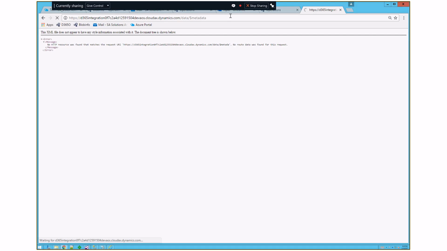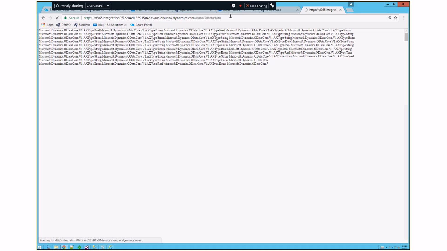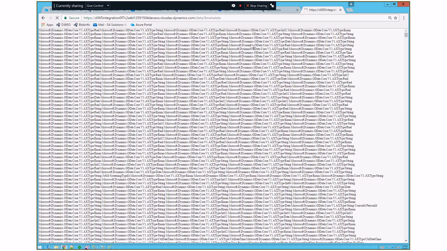I misspelled it, my bad. Let's try again. Just gonna take a couple of seconds to load this completely. It's still loading here. So as you can see, the data that it's gonna collect is gonna be in XML